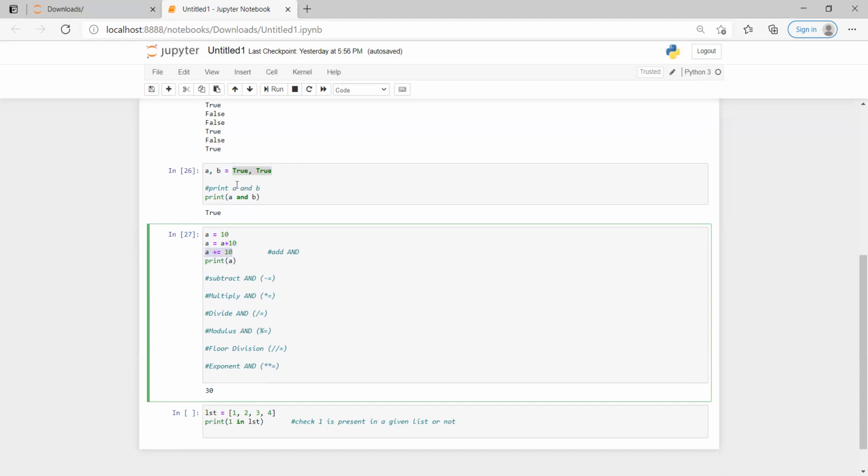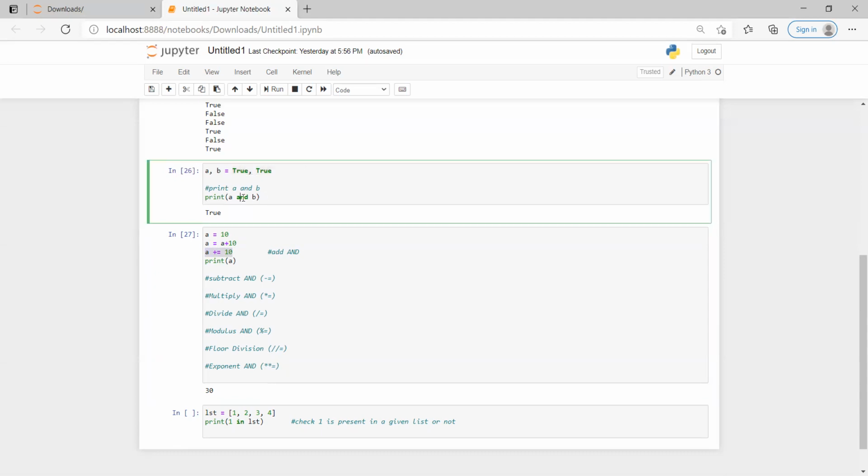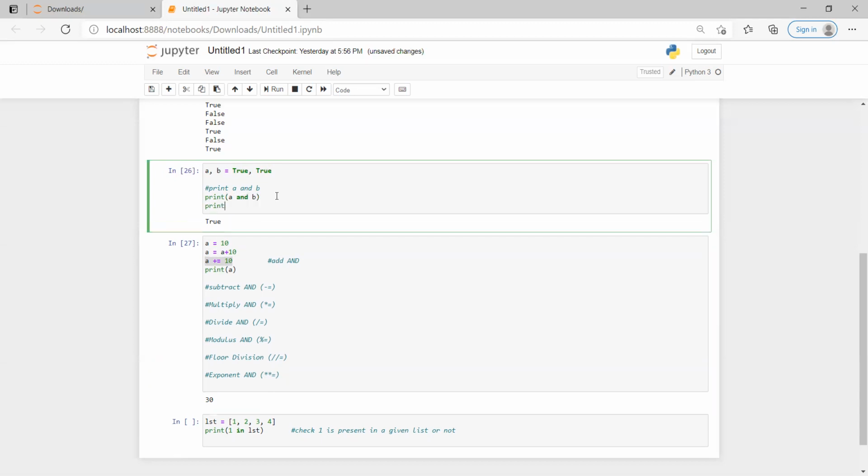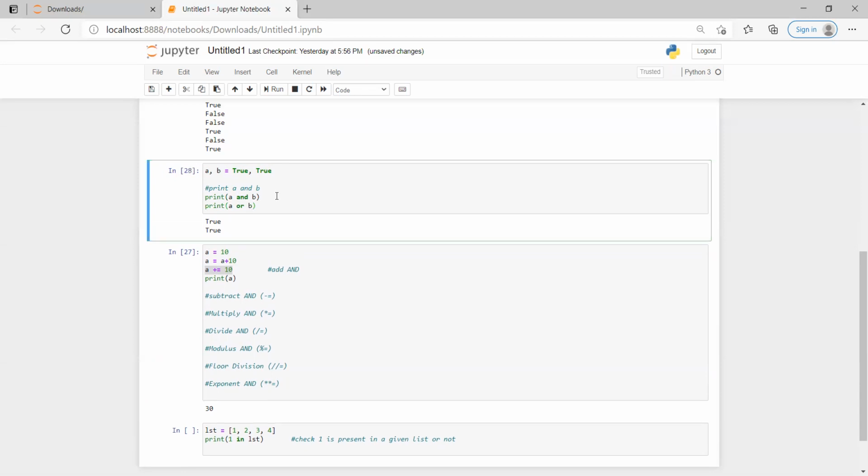Try using different logical operators and see different logical operators. This is A or B, A and B. Okay, A or B, if you try to make it A or B, what will happen? Print A or B. So what will happen? If one of them is true, then it will become true. Otherwise, it becomes false. Okay, if both of them are false, then the second statement will give us false. Otherwise, it is true. See, A and B, since one of them is false, that's why it is written false. In this case, one of them is true. That's the reason it is written true.